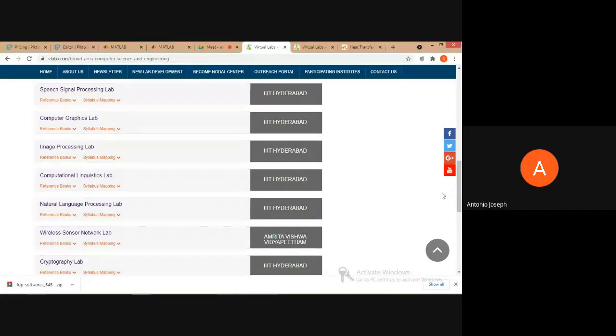Oh, okay, sir. So some queries were there. Other than this site provided by IITs to MHRD, are there any virtual labs available? Yeah, the colleges creating virtual labs will provide them on their particular website. For example, Amrita, since they are collaborating with this virtual lab, they are providing the contents in this also, but if you want to access their virtual lab alone, we can go to their particular website and access it. Like this, there are a lot of institutions providing virtual labs. We need to find them out.